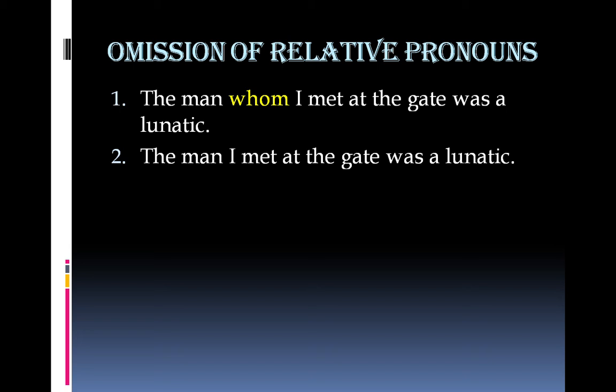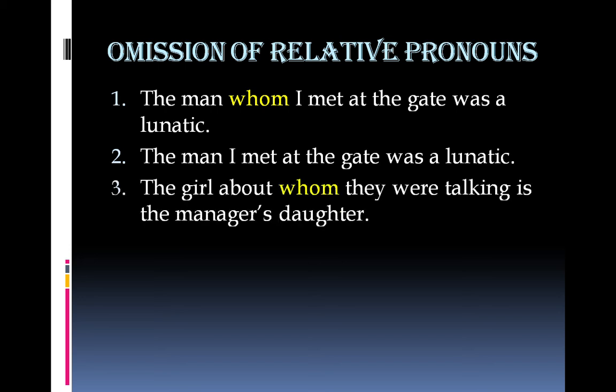The man I met at the gate was a lunatic. आदमी जिसे मैं गेट पर मिला एक दीवाना था. You are using the translation of relative pronoun in Urdu, even though it has not been mentioned in English, but you are using the counterpart, the Urdu counterpart of the relative pronoun when you are translating the sentence. This could help you identify the clauses as relative clauses, and it can also help you understand that the relative pronoun is missing. Here is another example.